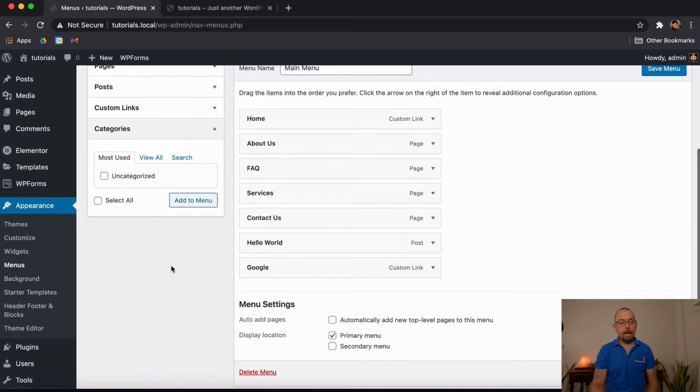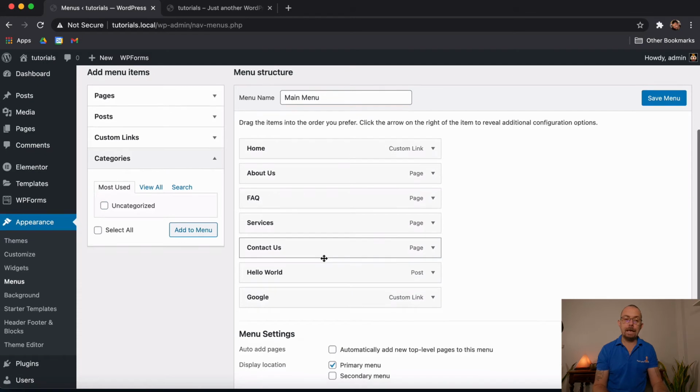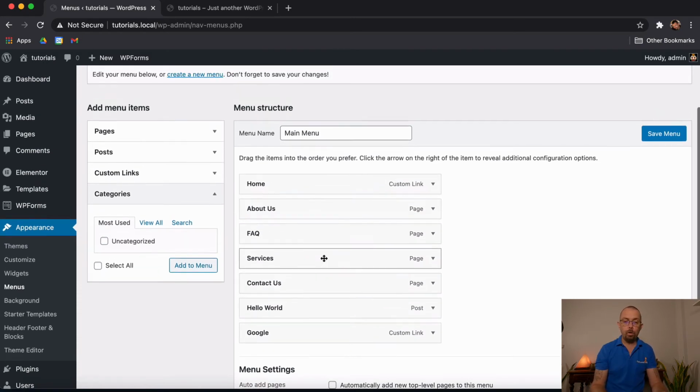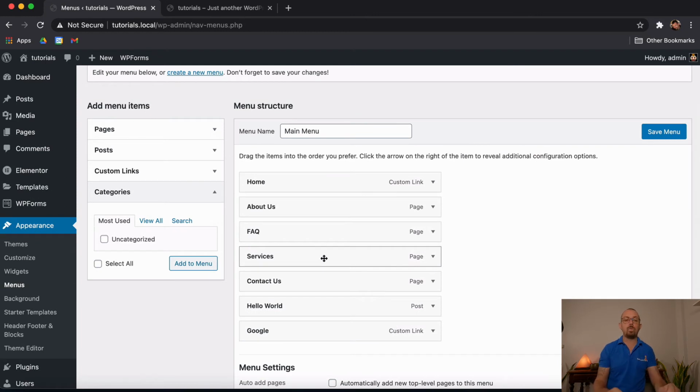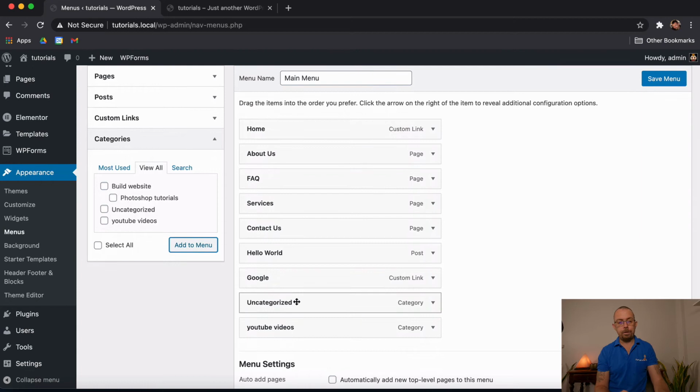And categories. Now, categories are the categories of the posts. So you can display categories of posts inside of the actual main navigation. If you haven't done the tutorial on posts, you can simply click above, and there'll be a tutorial on how to work with posts. You can come over here, and at the moment you'll notice it's like, where are all my post categories? I can't see them. If you come over to View All, it will display your posts. Again, you just choose the one you want, add to menu, and it gets added to the menu.